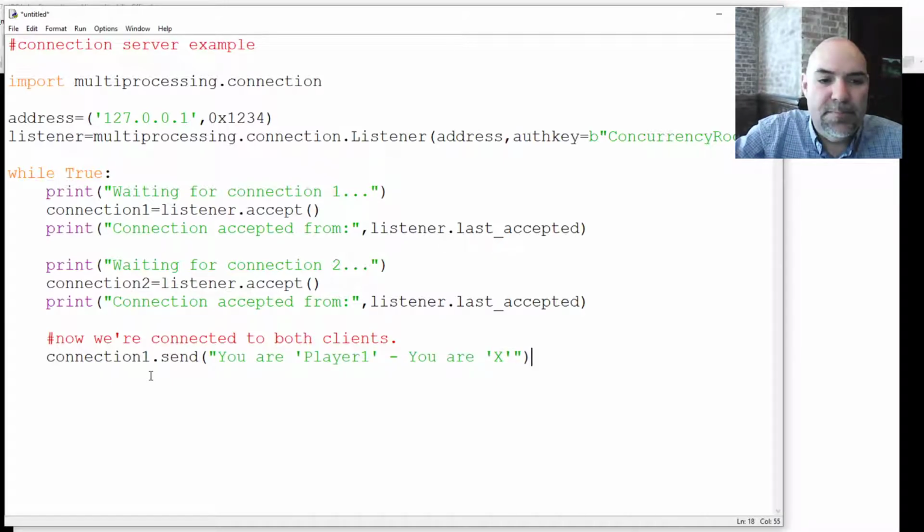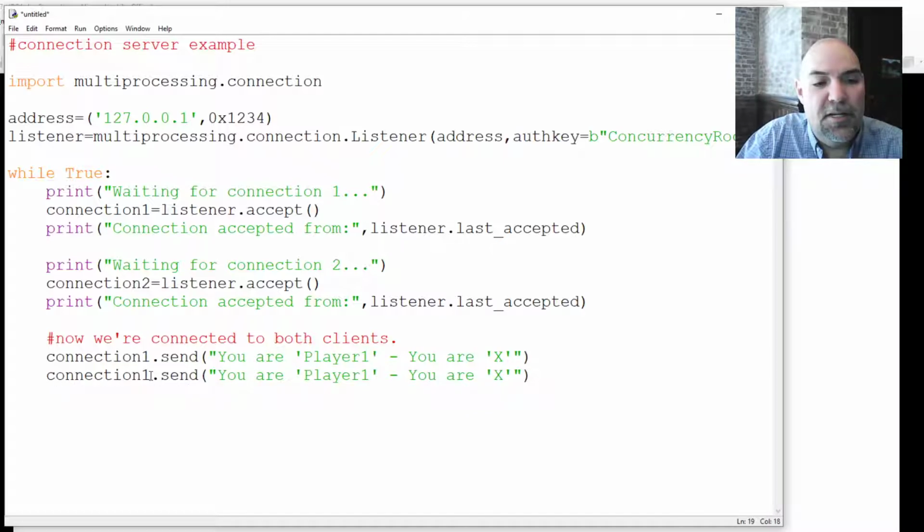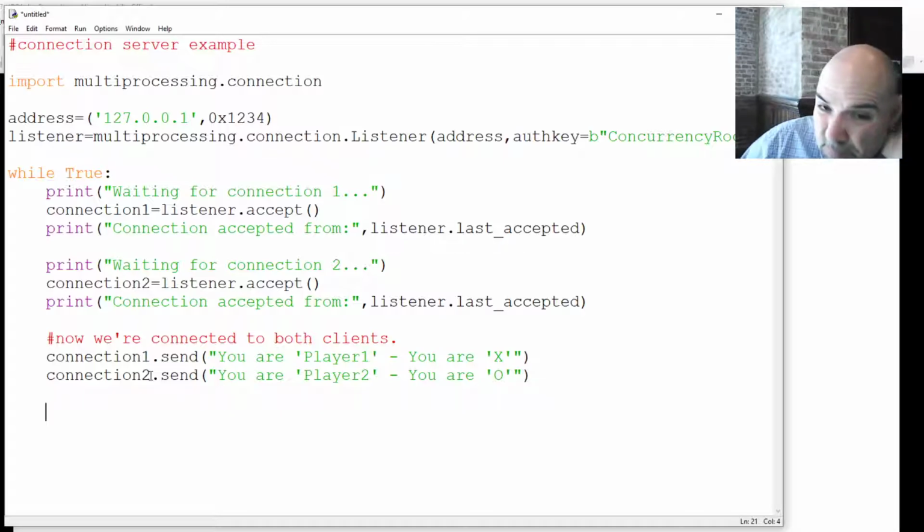So we'll print that out. And then let's send a message to player 2 on connection 2 and tell them they're player 2 and tell them that they are O. And that's all we're going to do for right now. And in fact, I'm going to, what we would have here instead of this,